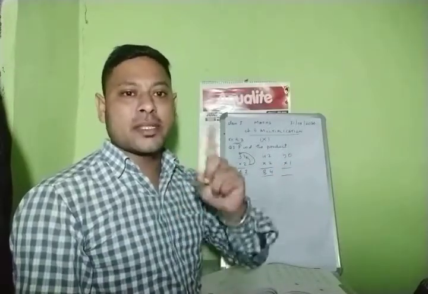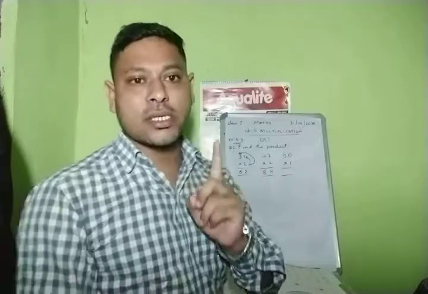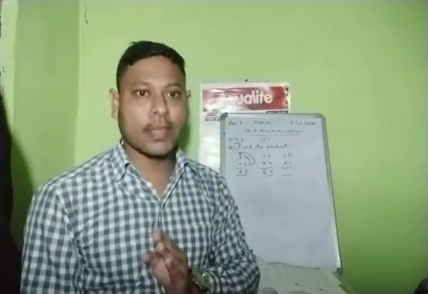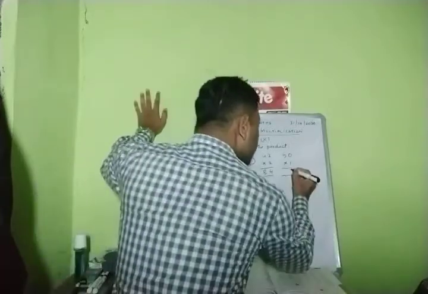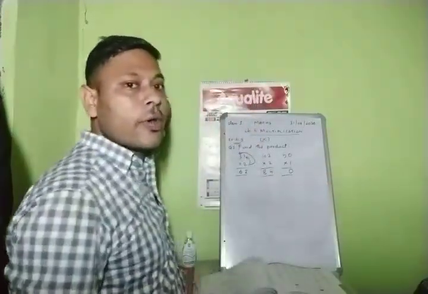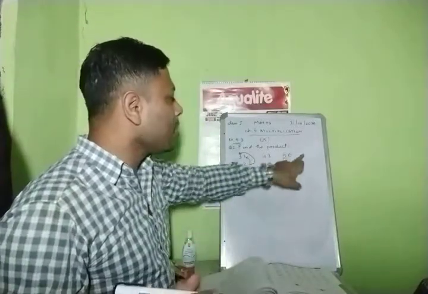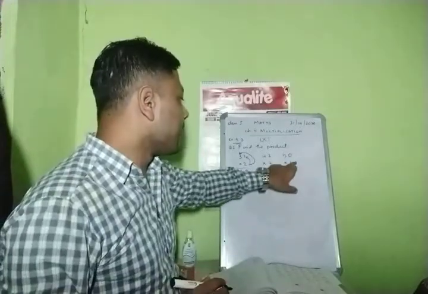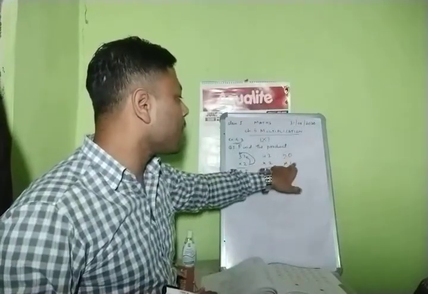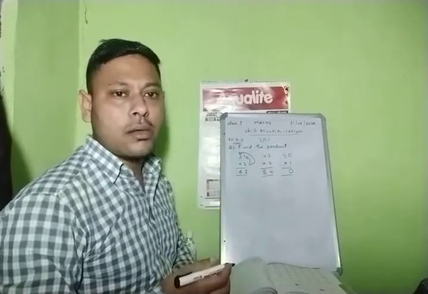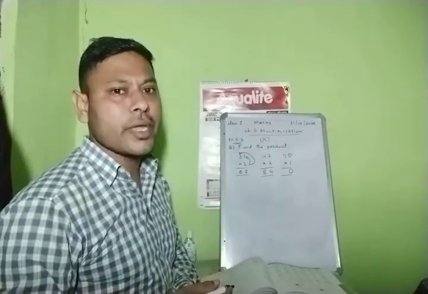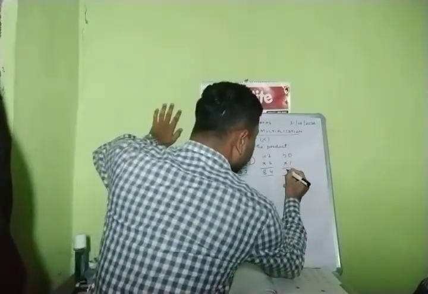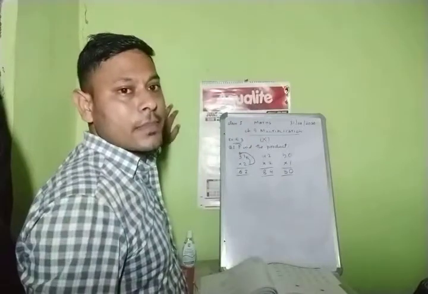Remember this thing, what I'm saying right now: any number when you multiply with 0, the answer will always be 0. Okay children? When you multiply any number with 0, what will be your answer? Always 0. Then, first number over, now second number 5. So 1 into 5. 1 1s are 1, 1 2s are 2, 1 3s are 3, 1 4s are 4, 1 5s are 5. So directly you can write here 1 5s are 5.